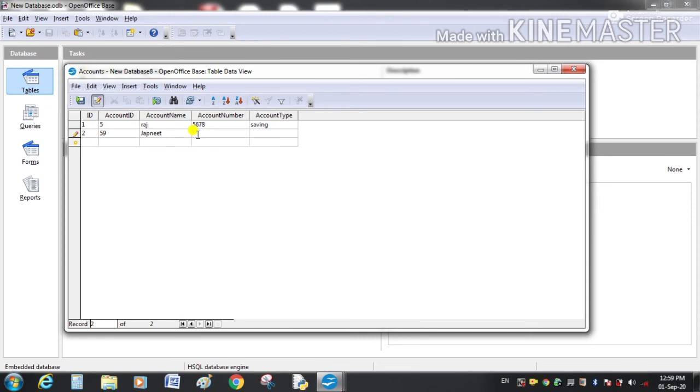Account number, account type, this is current account, and here the third entry. Account again, save. Now save this table.